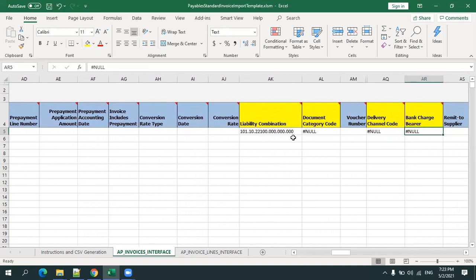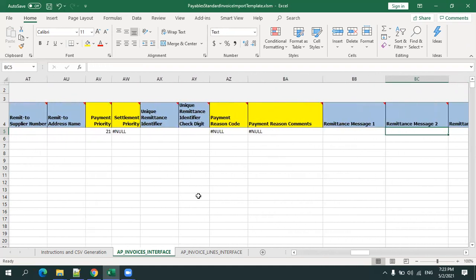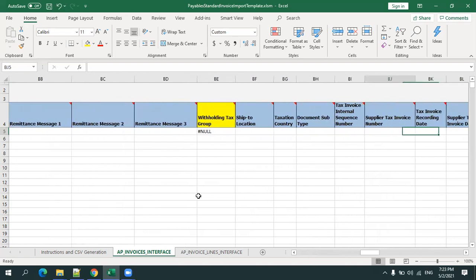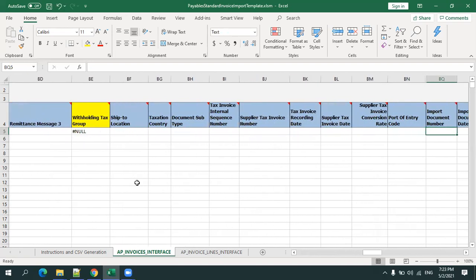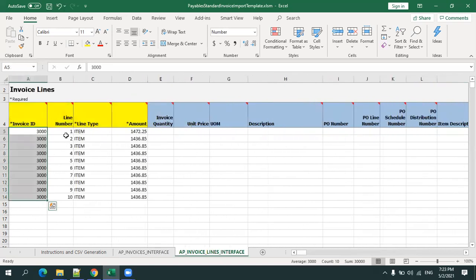We know it, right? When you create an invoice and click on show all details in the header, it clearly tells you what the liability account is. These are all configuration-based settings, and the functional consultant has to provide you this information, like some set of pre-configured elements based on your BU and so on. The remaining ones you can simply leave null, or mention the appropriate settings based on the requirement. But at a high level, the highlighted fields are the major columns which you generally use for the purpose of loading. Now coming to the line information. Here, if you observe, there are the line number, line type, and the amount, right? This amount should be equivalent to the header information which you mentioned there.